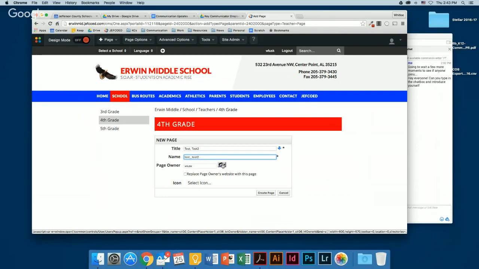So an easy way to not have to go back and change settings or explain to your teachers how to do this, when you're setting up the page initially, make them the page owner, because you have admin rights. You have access to every page. You don't need anyone to grant you permissions.